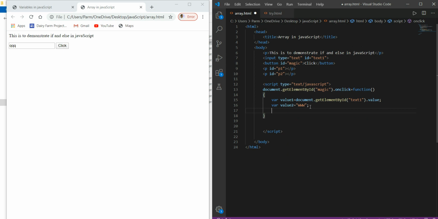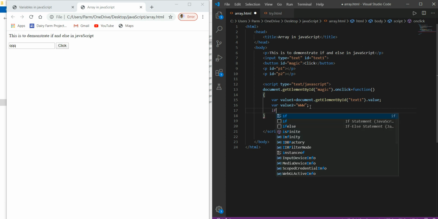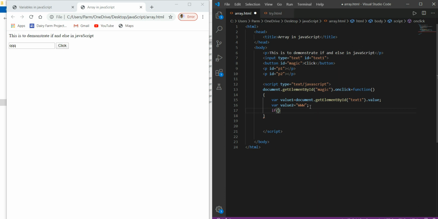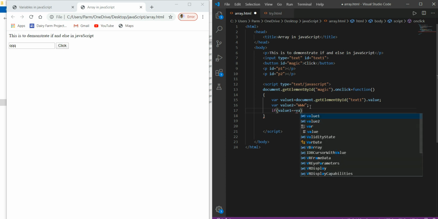So here we go with the if statement, and here we write in the parenthesis if value1 is equal to value2.